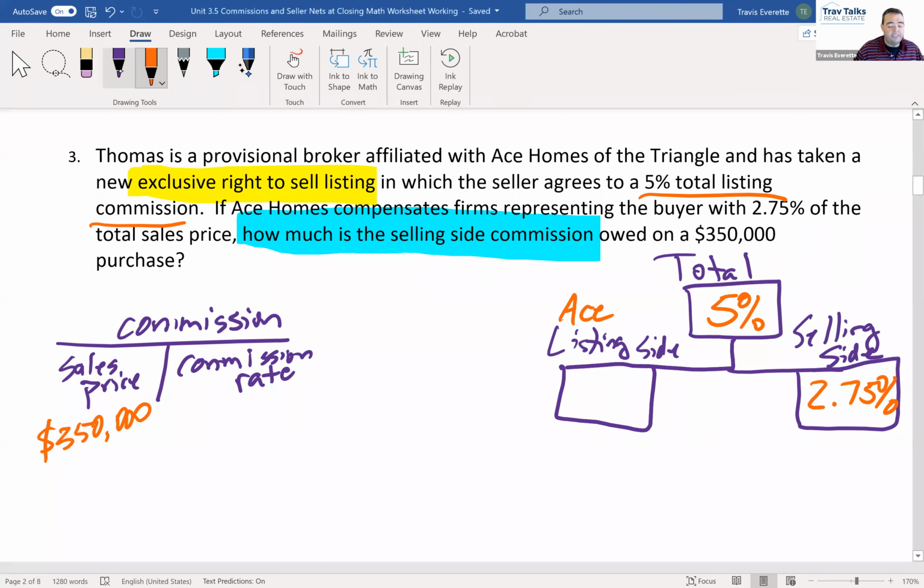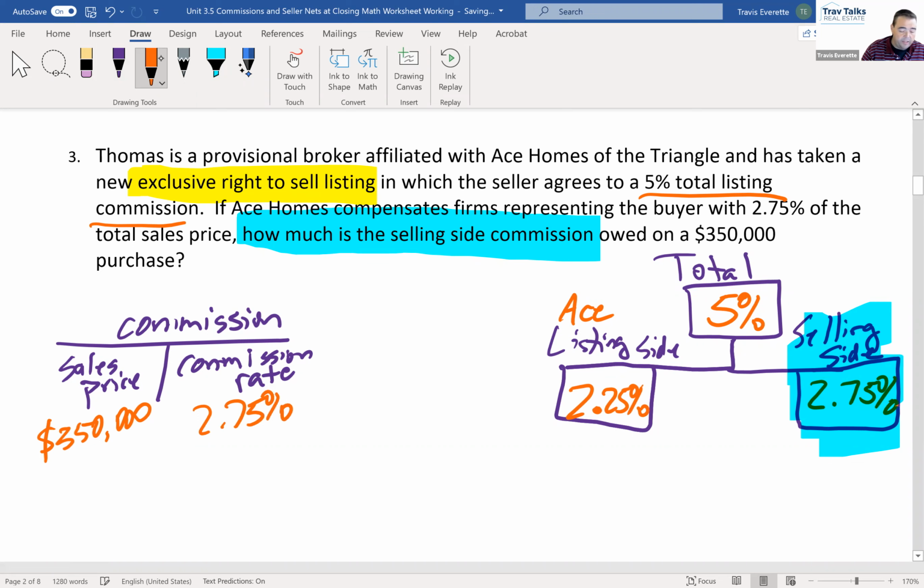How much is the selling side commission? Oh, well, let's go ahead and fill the rest in. The listing side would have to be 2.25%. And now let's look and see which one they want. They want the selling side. So what number am I going to plug into my formula over here? That's going to be